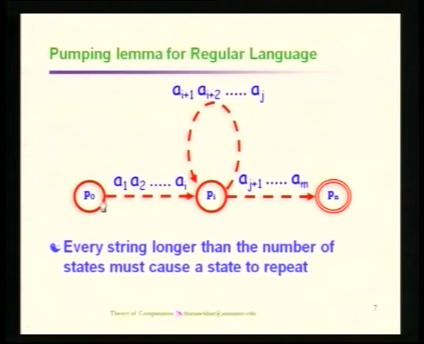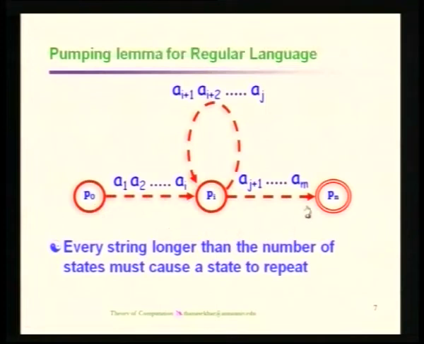Here we have an automata with P naught as the starting state and P n as the final state, and we find that there is an intermediate state P i. Suppose I make a path from P 0 to P i and then finally to P n without repeating a state, then the number of strings recognized in this manner is going to be finite only. Sometimes we may have a path directly from P 0 to P n with some labels, maybe B 1, B 2, B 3,